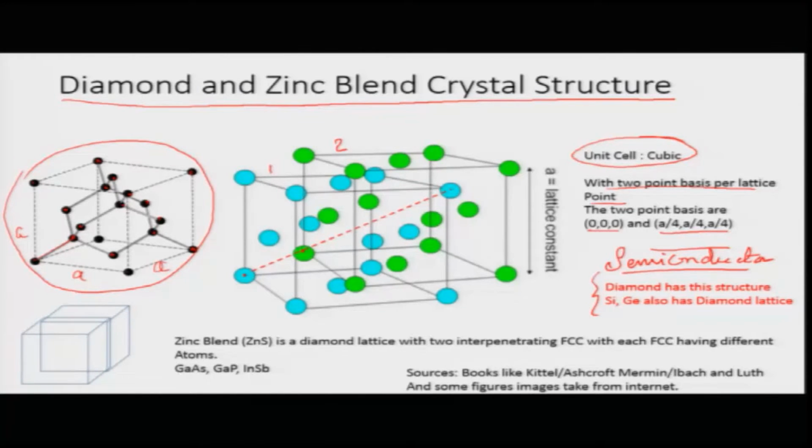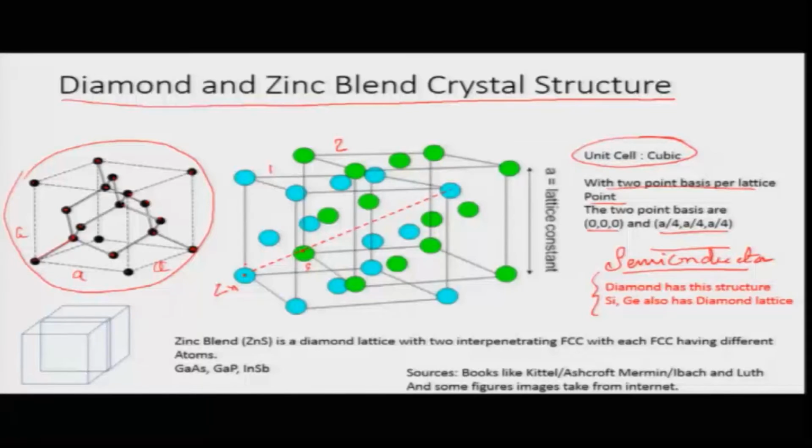But if in this diamond lattice of the two interpenetrating lattices, you have a different set of atoms, for example, the blue atom could be zinc and the green atoms could be sulfur, then you get the zinc blende crystal structure. This is again the diamond lattice, which is made up of two interpenetrating lattices, but now the atoms which sit on these two different interpenetrating FCC lattices are different. On one of them you can have zinc, on the other you can have sulfur, and you will get the zinc blende crystal structure.